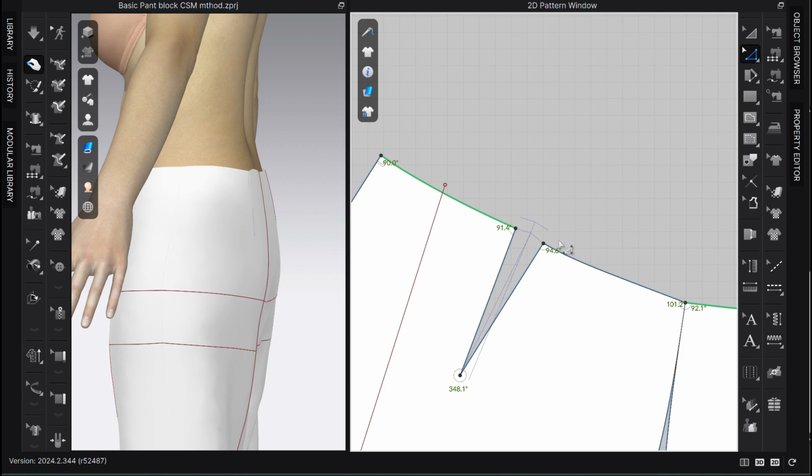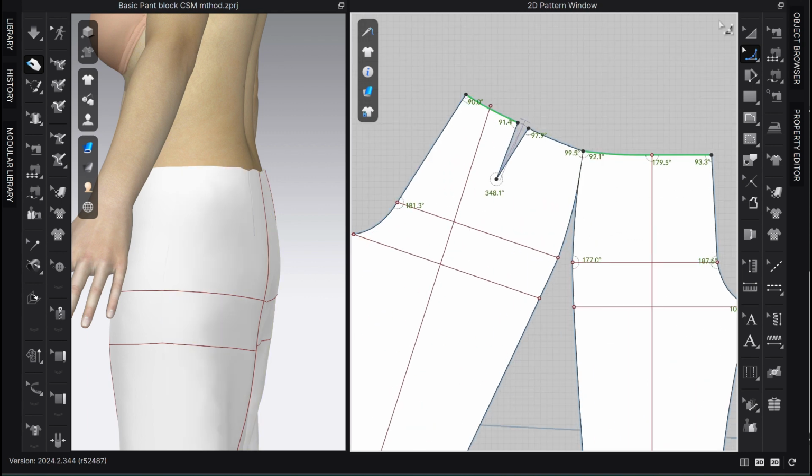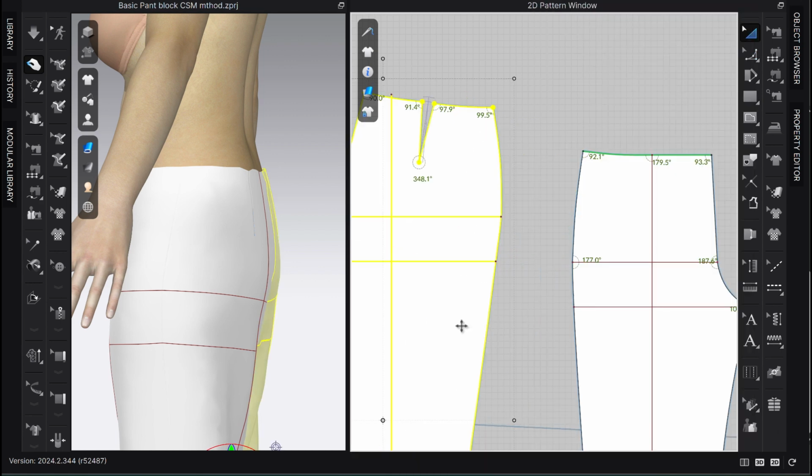Okay, that looks nice. I think the elastic had come off my waistline after I changed, so I need to add that. But before that, I want to also slightly change this line. Okay, now looks good. I rotate this to grain line